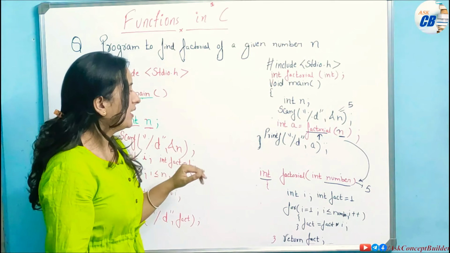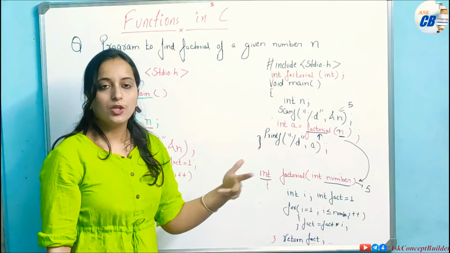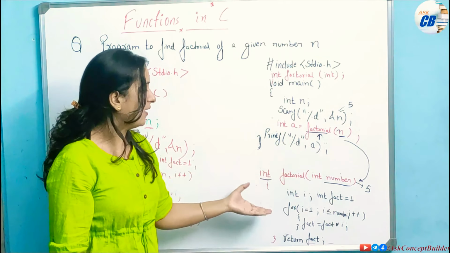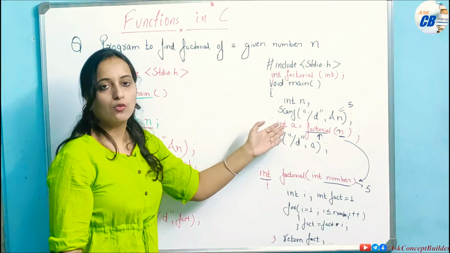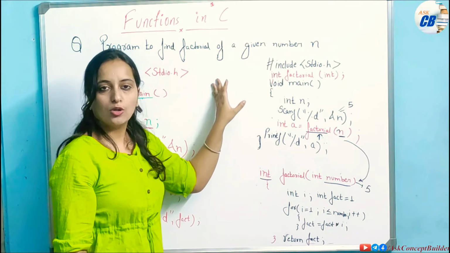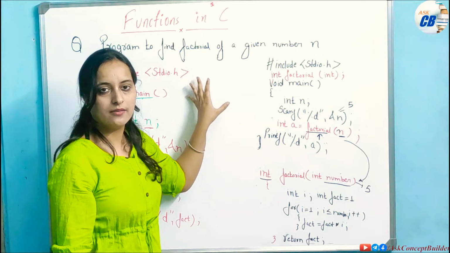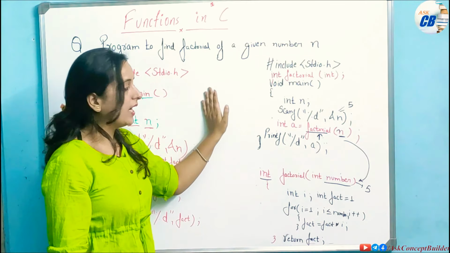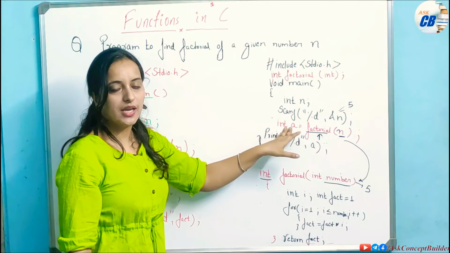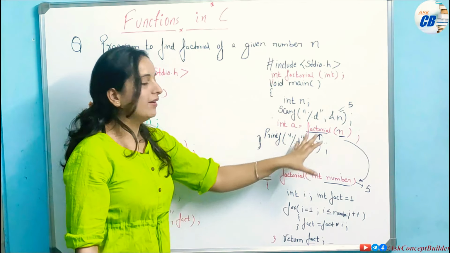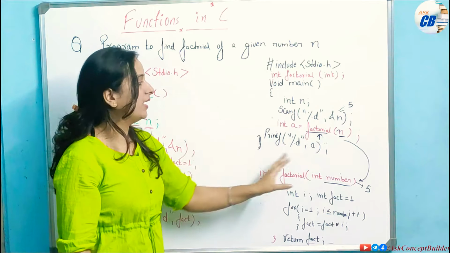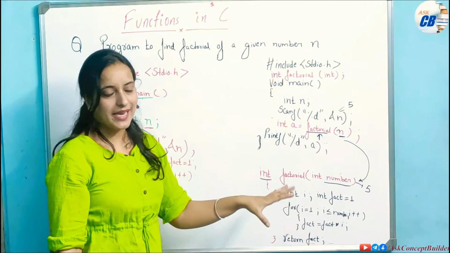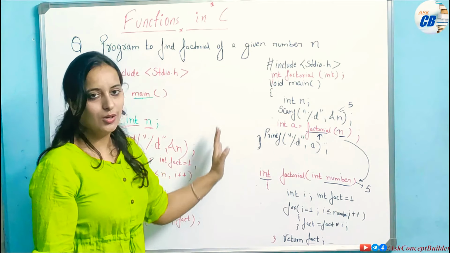And one more advantage is that in this way you can include many arithmetic operations. I have included factorial. In the same way, if I want to find the sum of any two numbers, again for that also I can make one more function, a sum function, like factorial. Then directly in the main function I will call the sum function, which will calculate the sum of two numbers and directly pass it to your main function. In this way it will become a little more precise, and the code will look a little better.